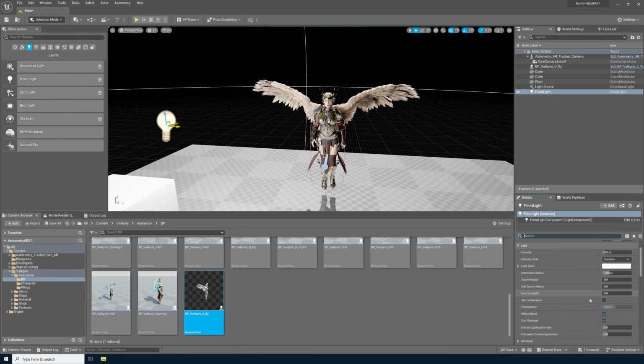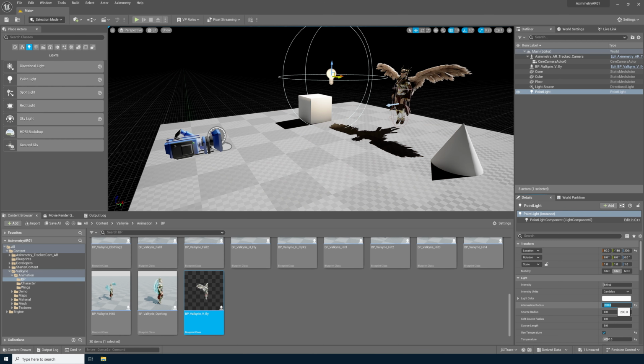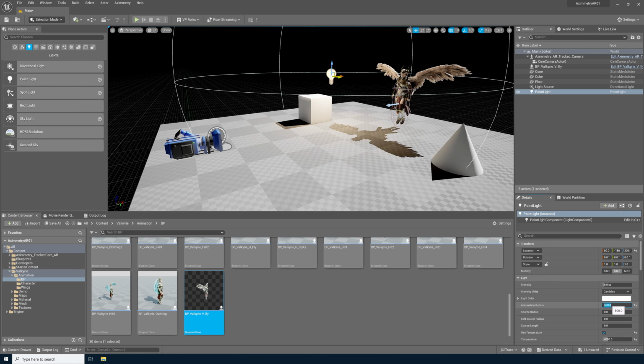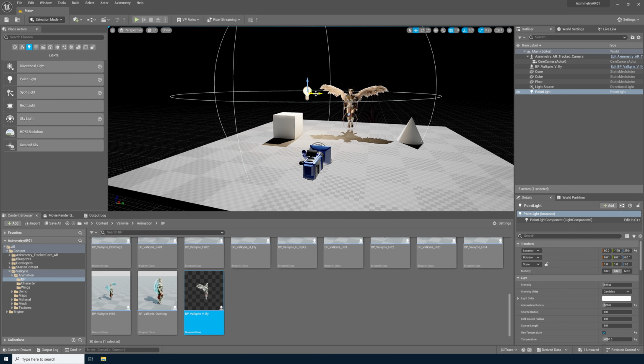Now I'm going to make some adjustments to my point light. I'll use temperature and change this to 4000 to make it a little bit warmer. I'll adjust this light a little bit further. Maybe change the attenuation radius to 200. Let's try 500. Your settings will most likely be different. I'm just kind of showing my workflow here, just trying to get detail out of my AR elements. Now that I'm happy with this basic lighting setup for my AR elements,